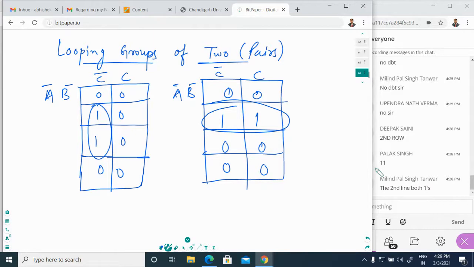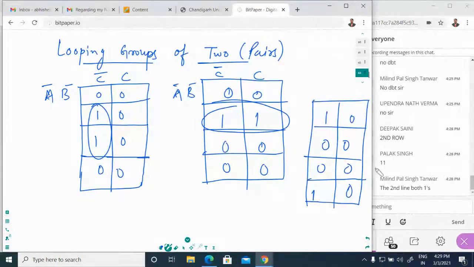Okay. So this is the looping, how you can loop it. Let's suppose that we have this. You can loop this by using these two values. Okay. So they will create one loop. So in this manner, you can loop the values.